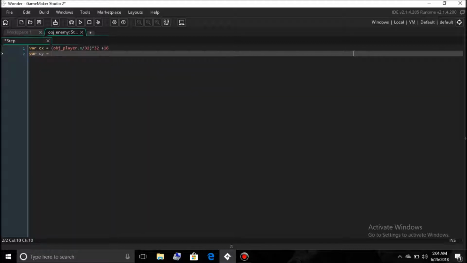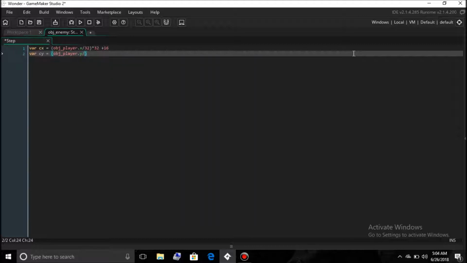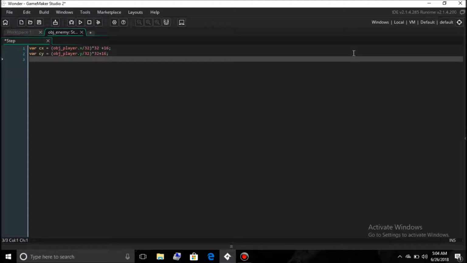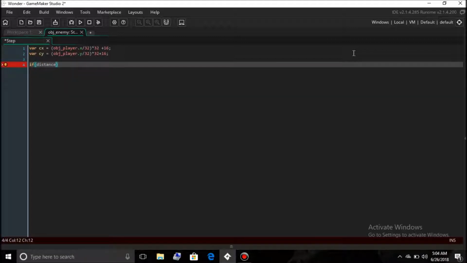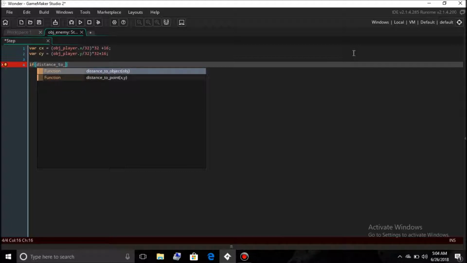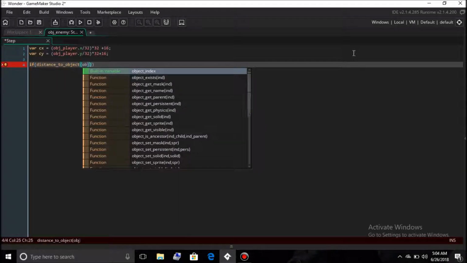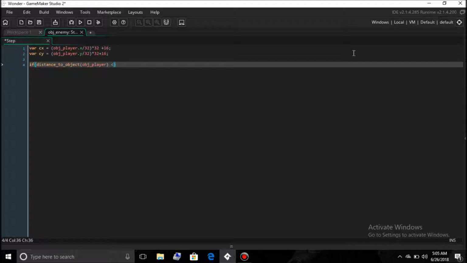Cy equal to obj_player.y divided by 32, multiplied by 32, plus 16. Now an if statement: if distance_to_object, and the object that it will be checking for is obj_player, if it's less than 300,